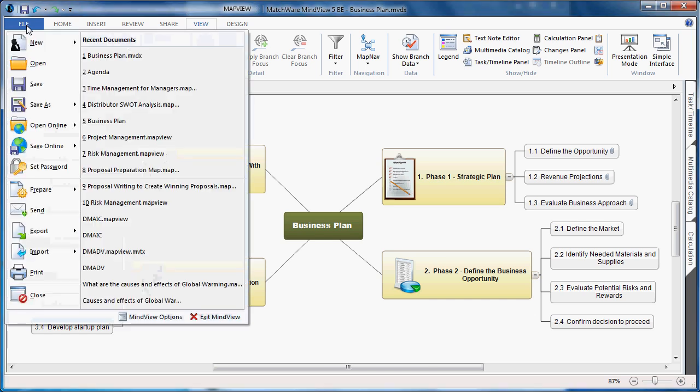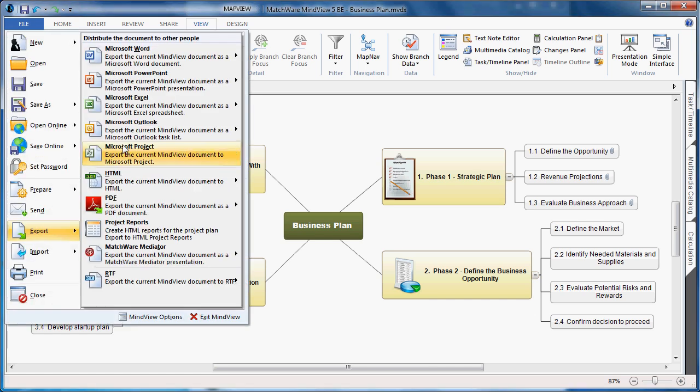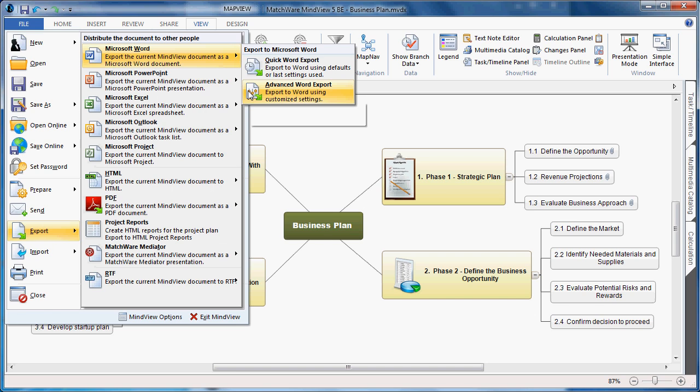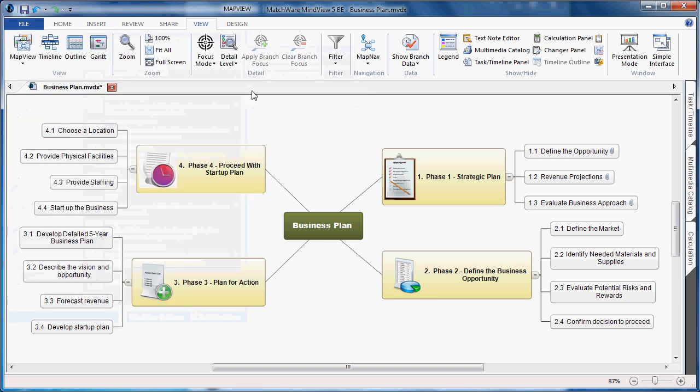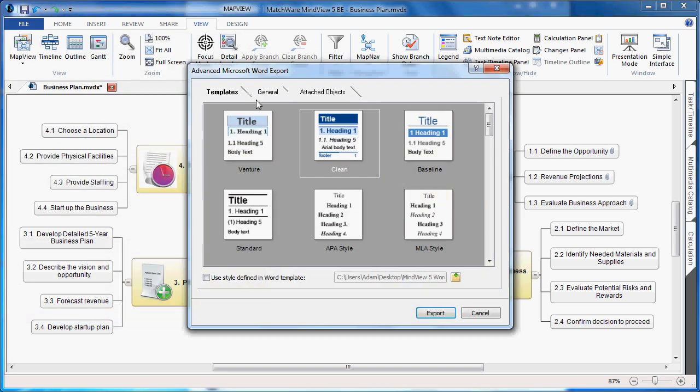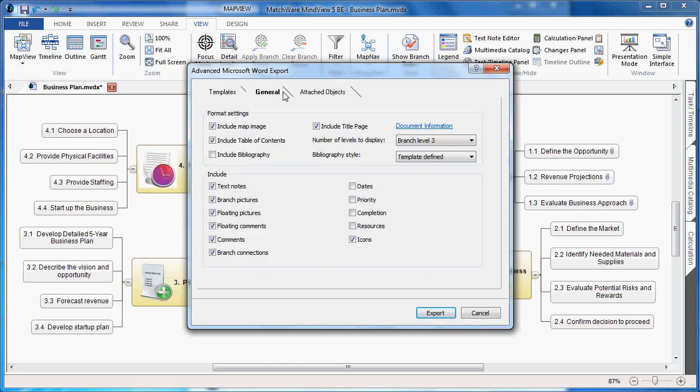I choose the File button, Export, Microsoft Word, and in this case I'm going to choose the Advanced Word Export. I'll select a heading style that I'd like to use, go under the General tab, and include the various elements I'd like to capture: an image of the mind map, table of contents, text notes, pictures, and information. If I would like to not include something, I simply uncheck it. And if I'd like to include additional elements, I can choose to add that information. I simply choose Export,